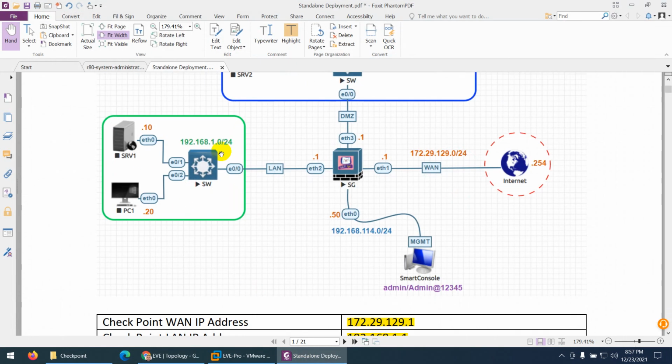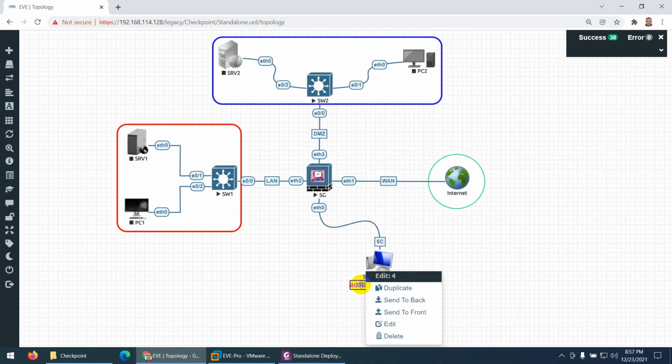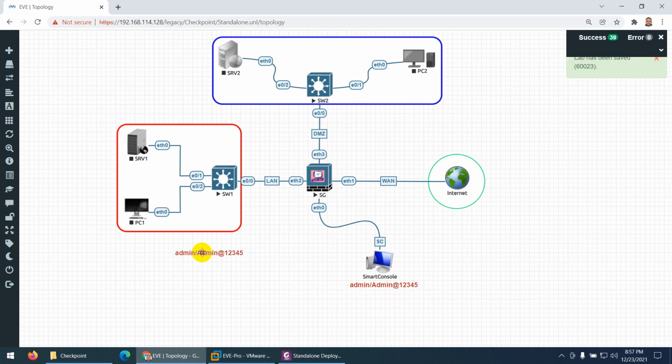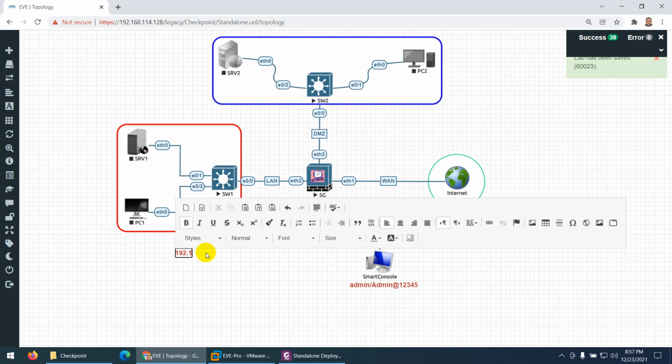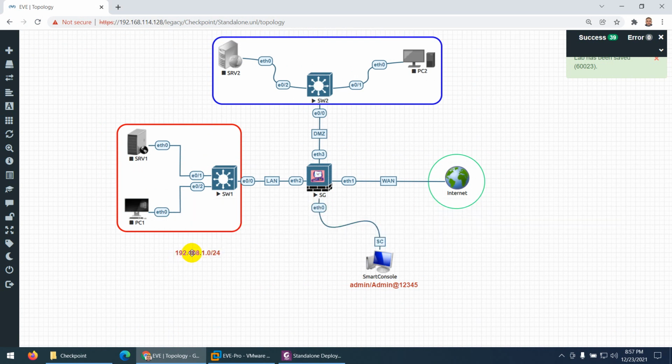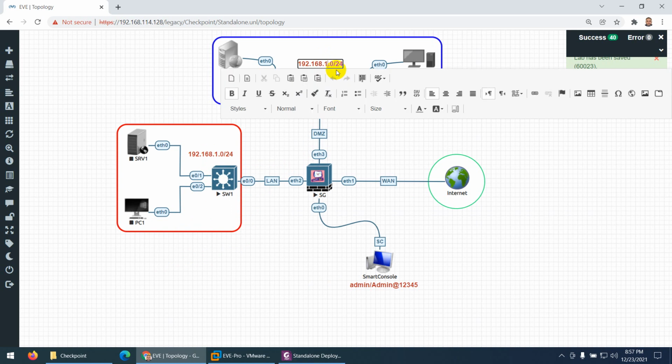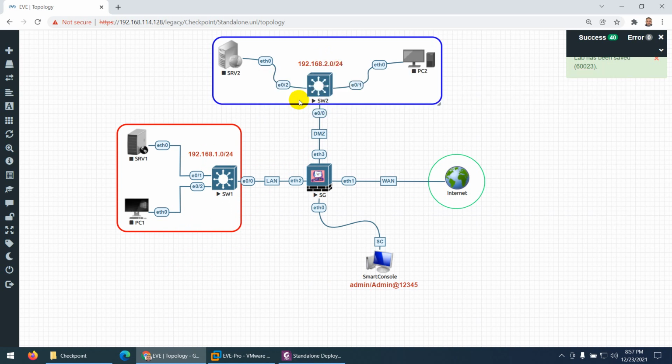Okay, these subnets, I need to type these subnets as well. So let me take a duplicate of this one, and the subnet which I am using is 192.168.1.0/24, correct? So this is our LAN subnet, and right click duplicate, and let's take them to the DMZ, and for DMZ we will use the subnet which we decide, while for the internet we are bound to use their one.